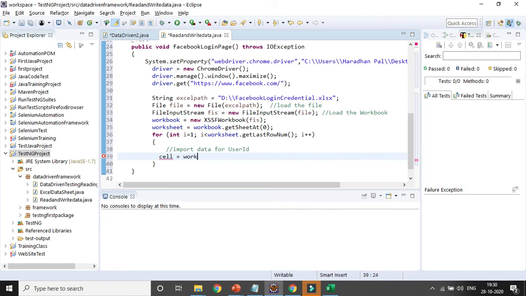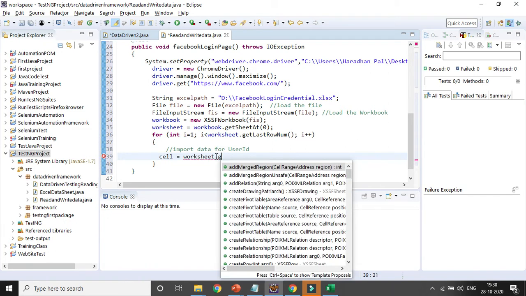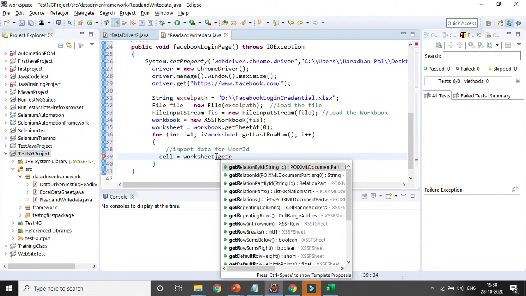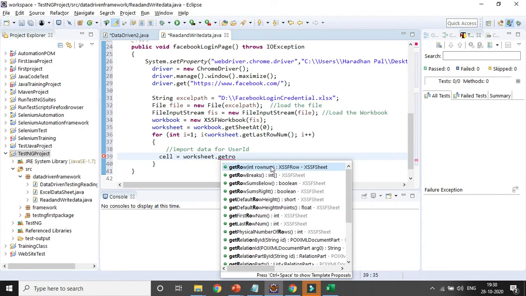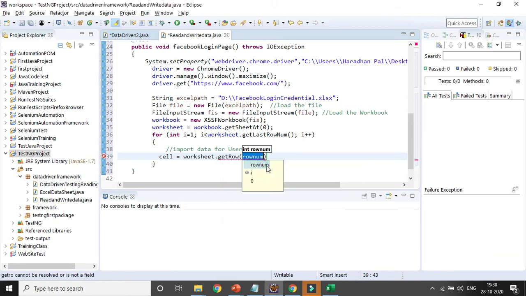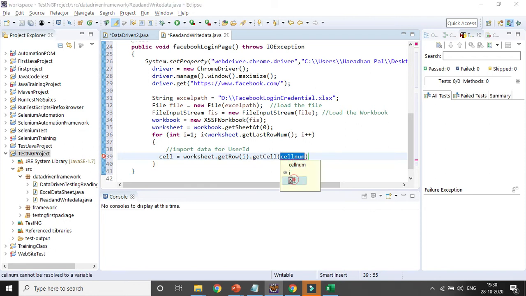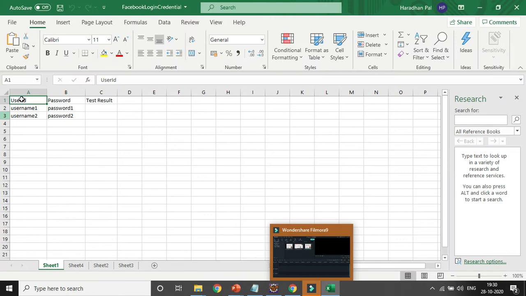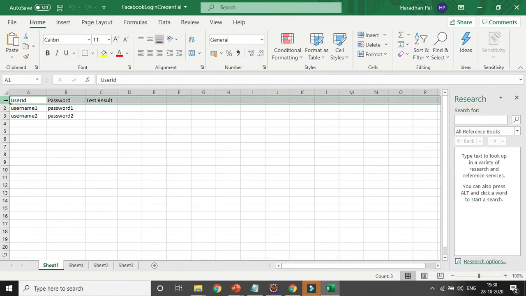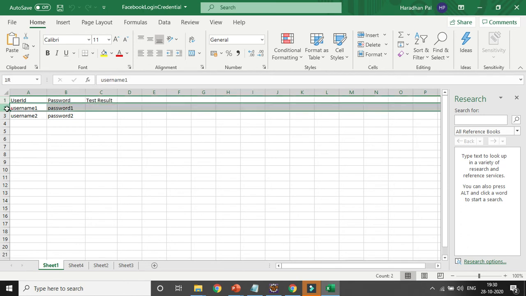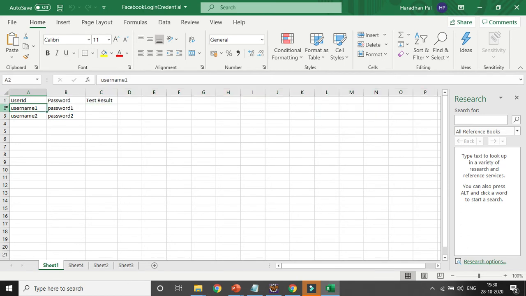Cell will be the worksheet variable dot get row, and I am giving the variable as row because it will start from 1, and dot get cell, and the cell number is 0 because I want to read the first cell. That row I am not considering; I am considering from the second row, that is 0th, and first row, that is 1.